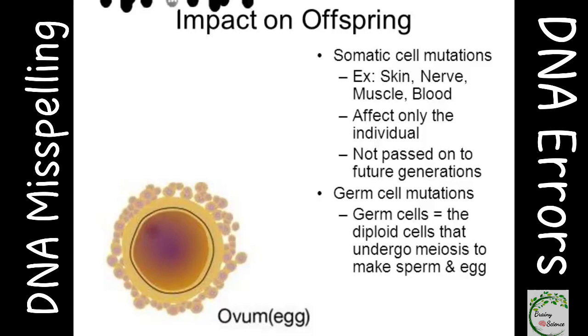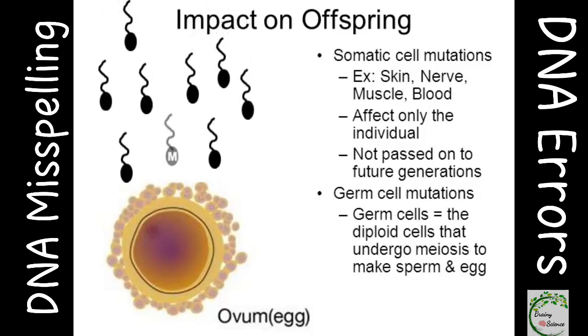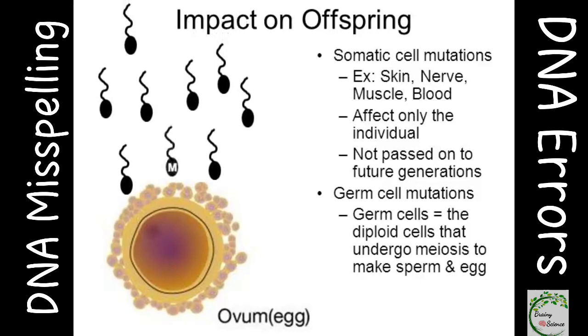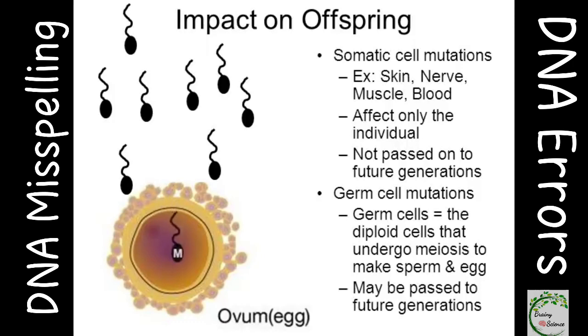And so in my animation here we have 7 or 8 or 9 sperm cells, and I have one of them with an M inside because we're going to pretend that this sperm cell with an M that's also flashing and pulsing. The M stands for it has a mutation in its DNA. The other sperm cells are fine, but this sperm cell, pretend, has a mutation. Now, if this sperm cell with the mutation were to fertilize the egg, which would then become a zygote and develop into a fetus and then a baby,